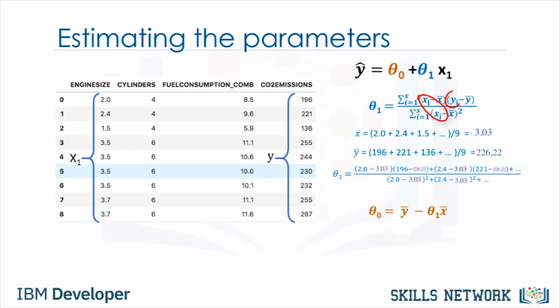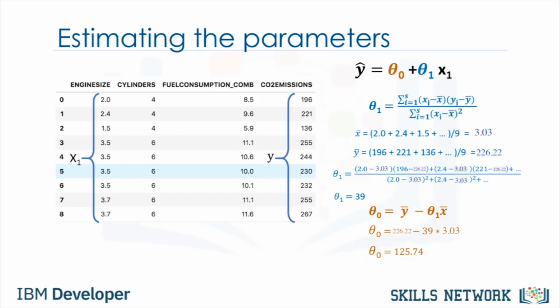The xi and yi in the equation refer to the fact that we need to repeat these calculations across all values in our dataset, and i refers to the ith value of x or y. Applying all values, we find theta 1 equals 39. It is our second parameter. It is used to calculate the first parameter, which is the intercept of the line. Now, we can plug theta 1 into the line equation to find theta 0. It is easily calculated that theta 0 equals